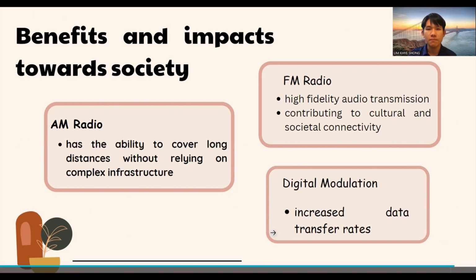Next, I will talk about the benefits and impact of the technology towards society. AM radio has the ability to cover long distances without relying on complex infrastructure, making it valuable for emergency broadcasting, for example, during natural disasters or emergencies. AM radio can also provide crucial information to a broad audience. FM radio, because of its high fidelity audio transmission, is widely used for music, news, and entertainment, contributing to cultural and societal connectivity. Lastly, digital modulation in cellular networks significantly increased data transfer rates, allowing for faster internet speeds, multimedia streaming,